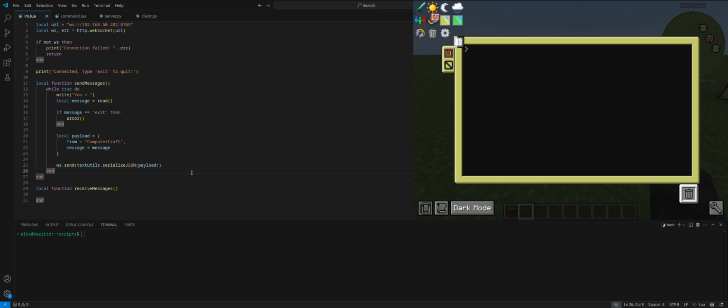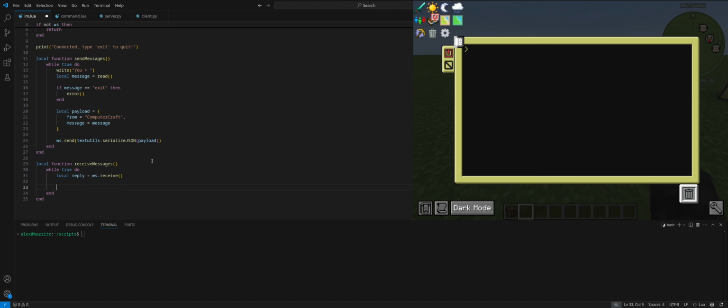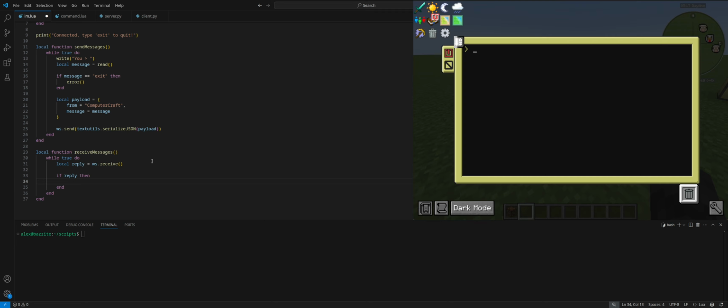So that is all we need to do for actually sending messages. Now for receiving messages, it's going to be pretty similar. We're going to do another while loop. We're going to call WebSocket.receive and set it equal to reply, kind of like RedNet. So we're going to check if we actually got anything. So if reply, we are going to unserialize the JSON and store it as data, pretty similar to our first